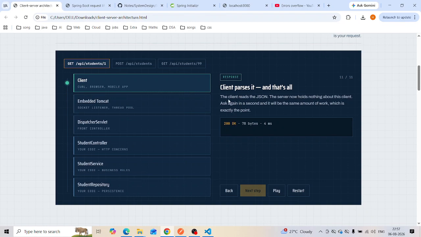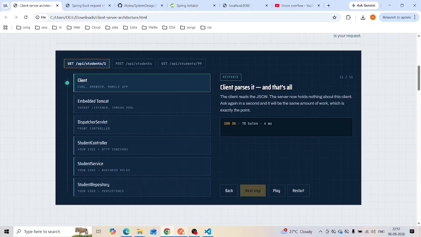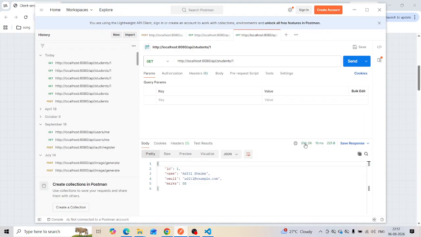The client receives the data and parses it, and that's all. The client will get some data here in JSON format, and also the client will get a 200 OK status.